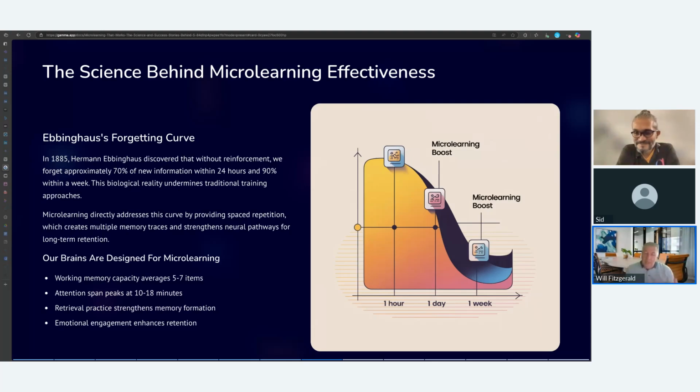But the big point I'd make here is the micro-learning boost that you mentioned. It's a top-up. You're constantly saying to the learner, hey, remember that piece you did a little while ago? Here it is again. And it doesn't have to be as comprehensive as it was in the instruction. But what you're doing is firing off those little sparks in the brain again to reflect back, because it is in there. It just hasn't transferred over to long-term memory yet. Yeah. And I'll give you one example.